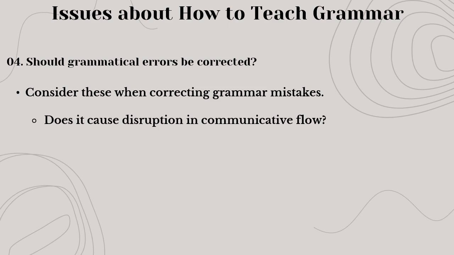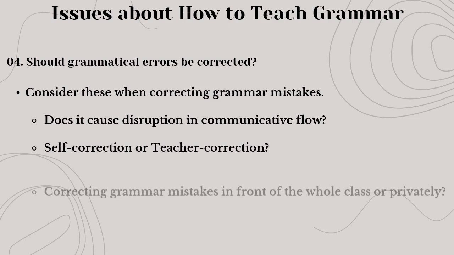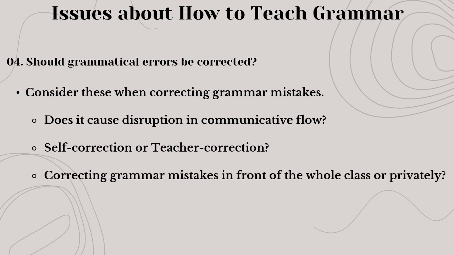Should you encourage self-correction, or tell them the mistakes they make directly? Should you correct mistakes in front of the whole class or privately to avoid personal problems? Because some students can be quite sensitive when being put on the spot, and correcting them in front of everybody may discourage their confidence to speak again, because they are afraid of making the same mistakes. And one more thing, when you correct